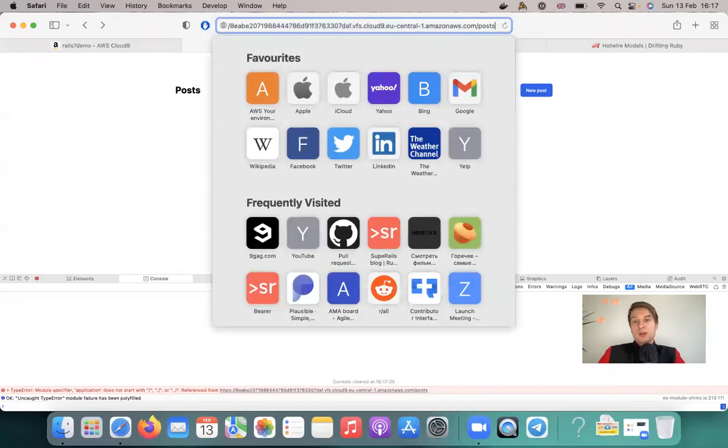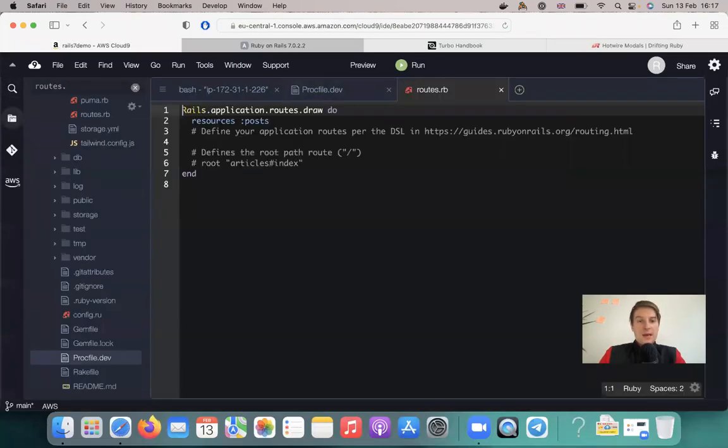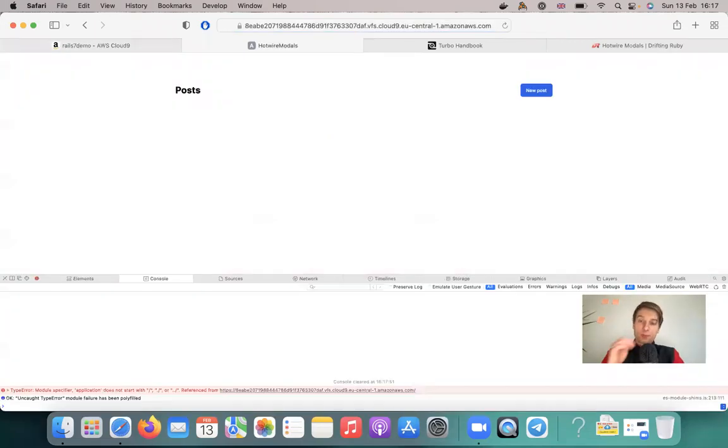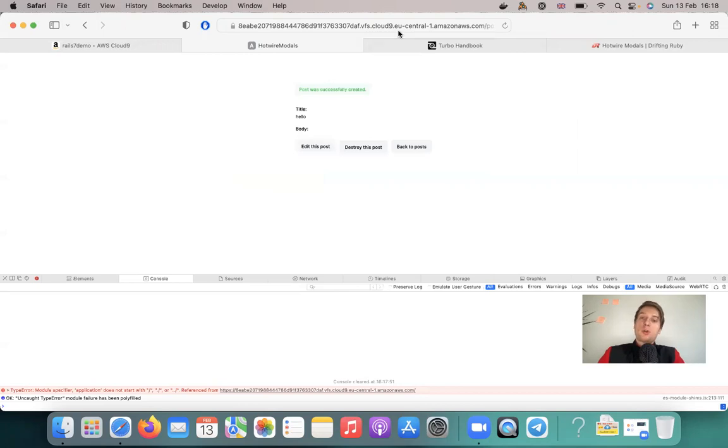I can make this the root URL by going to routes and saying root posts#index. Okay, so here I have our list of posts. And now when I click new post, it normally redirects us to posts/new. I can create a post, and I'm redirected to the post show page. Going back to the list of posts, I have one post. Okay, looks fine. And now we are actually going to start adding modals, and we're going to add them with